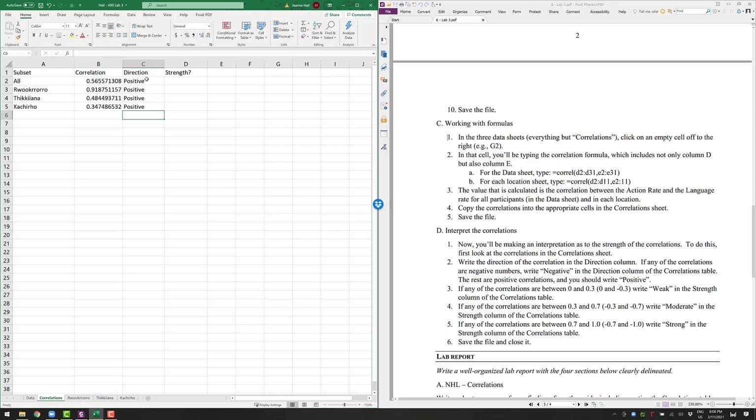So anything from 0 to 0.3, and that includes 0 to negative 0.3, so the absolute value, 0.3, is called weak. Now that doesn't apply to any of mine because my smallest is 0.3 something, okay? Mine are all pretty correlated if you look at that. 0.9 is very correlated, okay? So moderate is 0.3, if you want to be 0.31 or 0.301, whatever. 0.3 to 0.7 are moderate correlations, and that applies to all